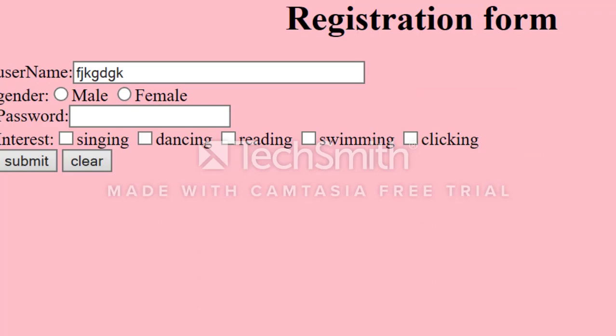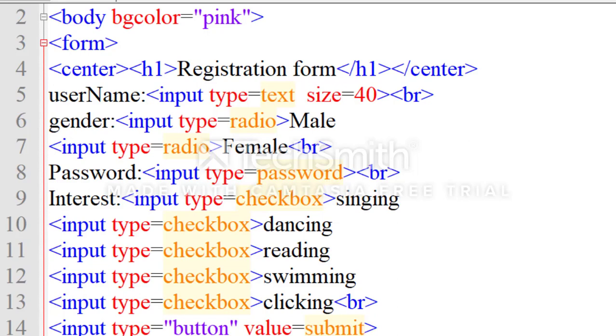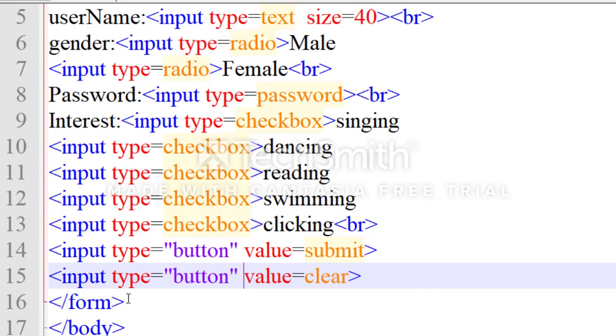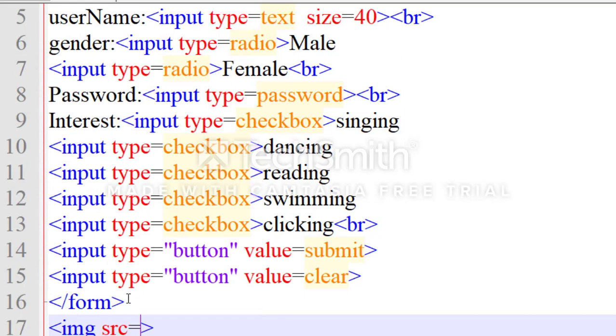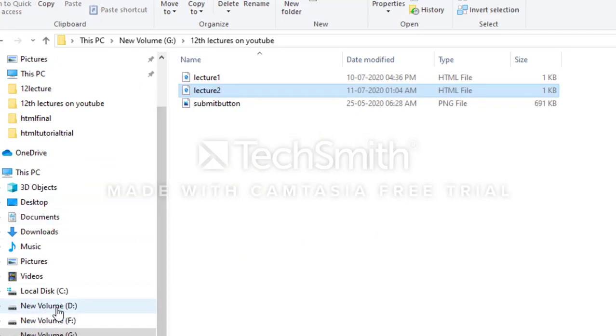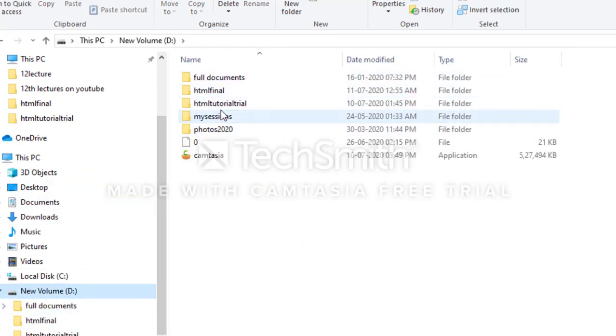Now I want two images, that's why I will write in the form tag img src. The first one is Sai Baba and the second one is Mahavirji.